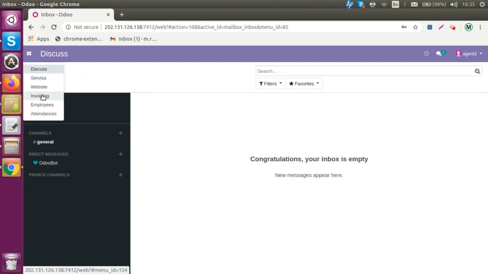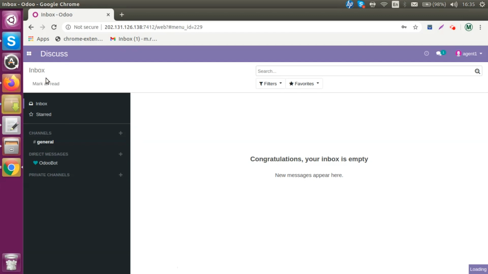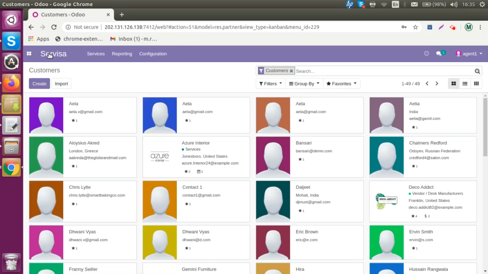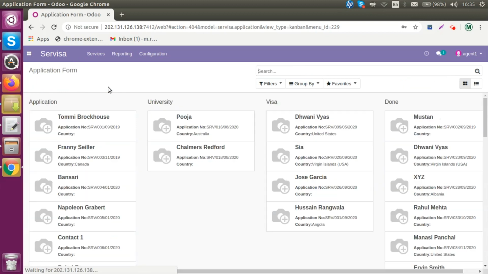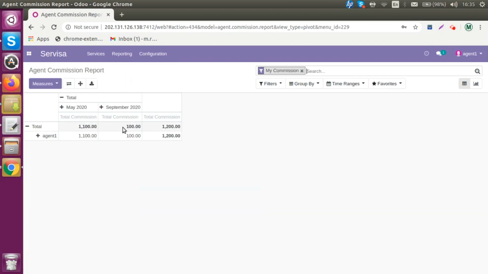As an agent, I can see the number of visa applications I need to process or I have already processed. This will be the immigration application. Now, if I want to see how much commission I have generated, I can go to reporting. I can go to agent commission report, and over here I can see for this month I have generated 100 rupees as a commission. So in this way, the agent can manage their visa files and also they can see their commission on a monthly basis.